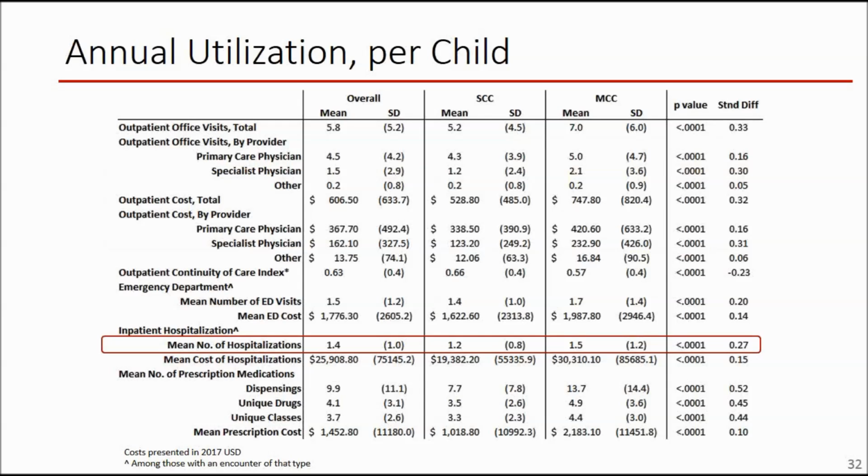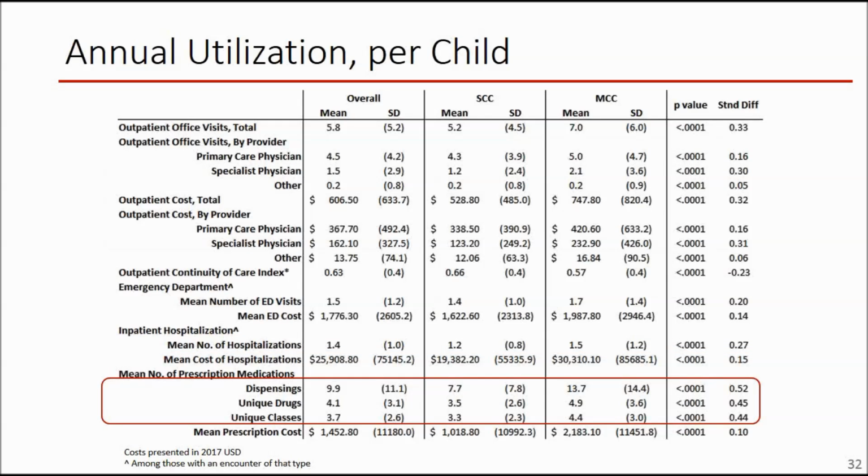The mean number of hospitalizations was also higher in the MCC group compared to the SCC group. And the prescription utilization in the MCC population was much higher. Now, presenting this as SCC, MCC, a lot of this is common sense. They have more conditions, they're using the healthcare system more, they're being treated for more conditions, they have more pharmacy. Where this becomes more interesting is when you start looking at it by class and by profile of conditions. But this does help to characterize a group that we haven't really had characterized before.